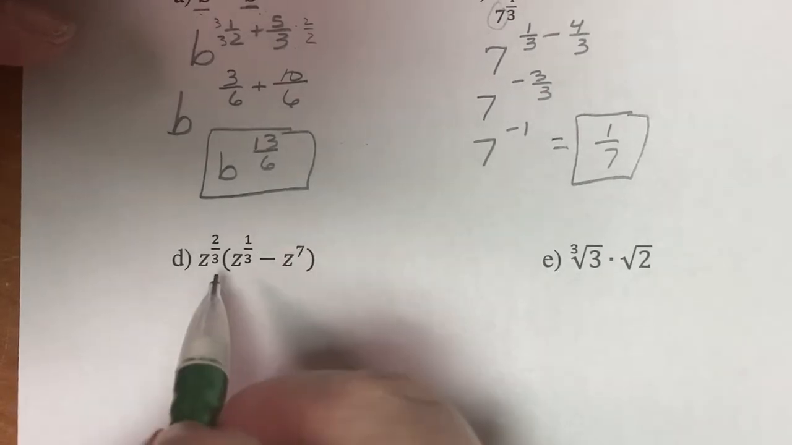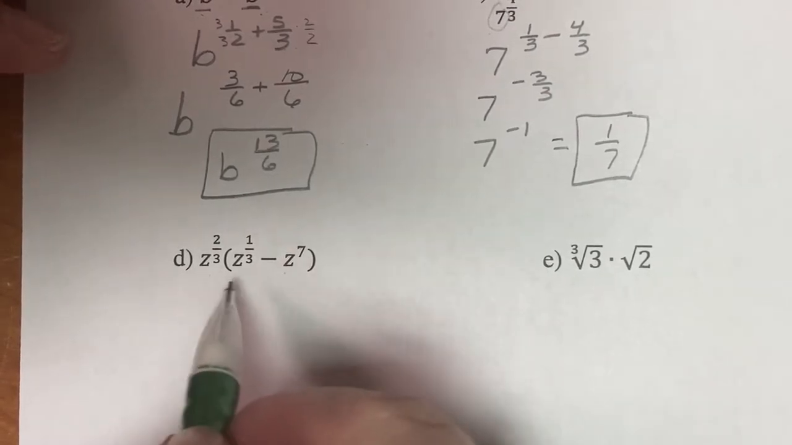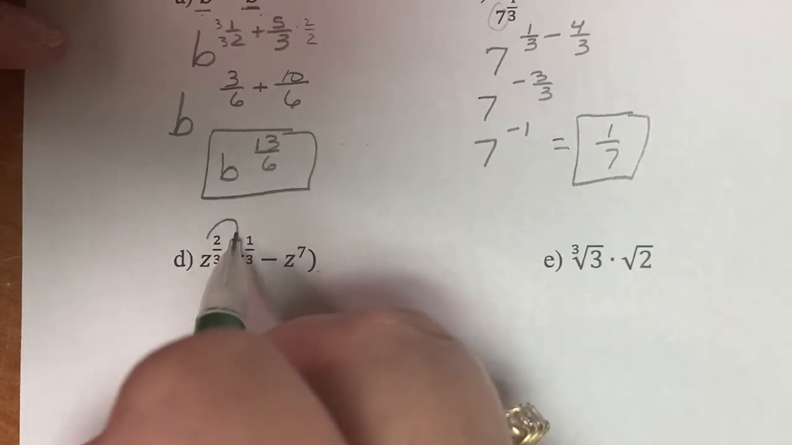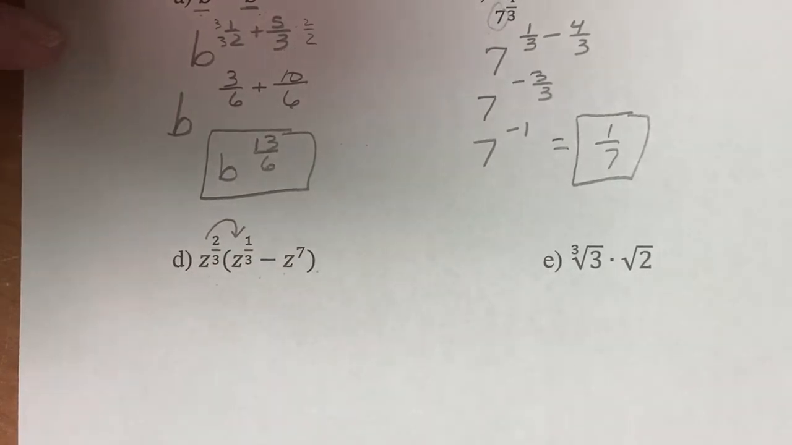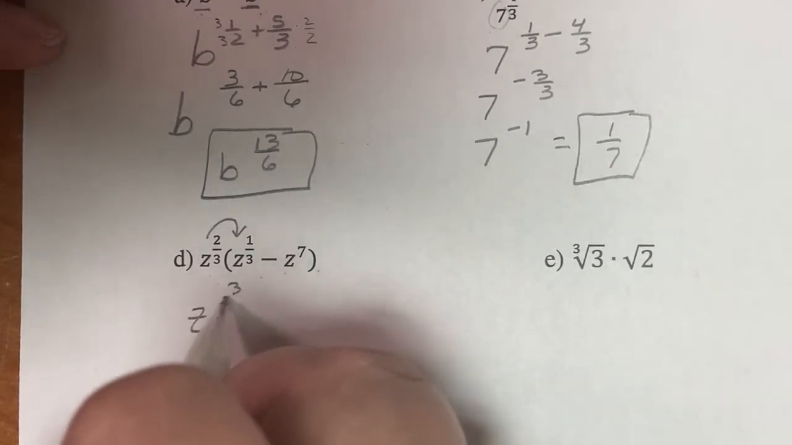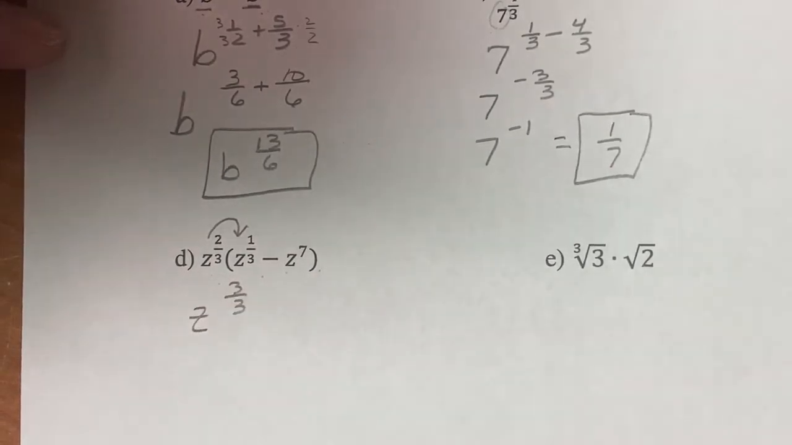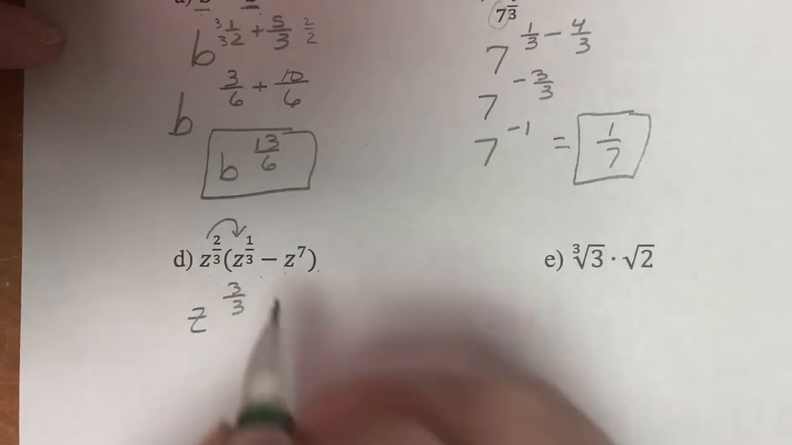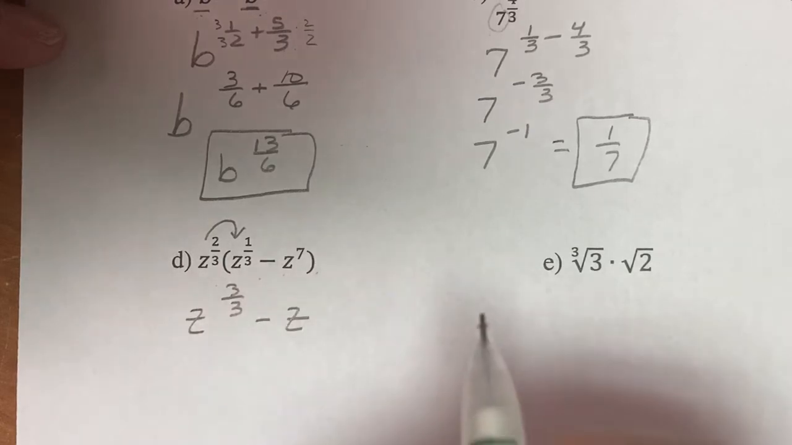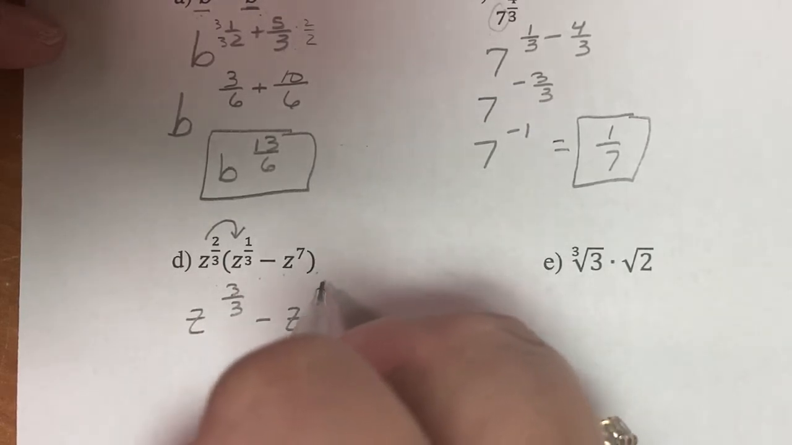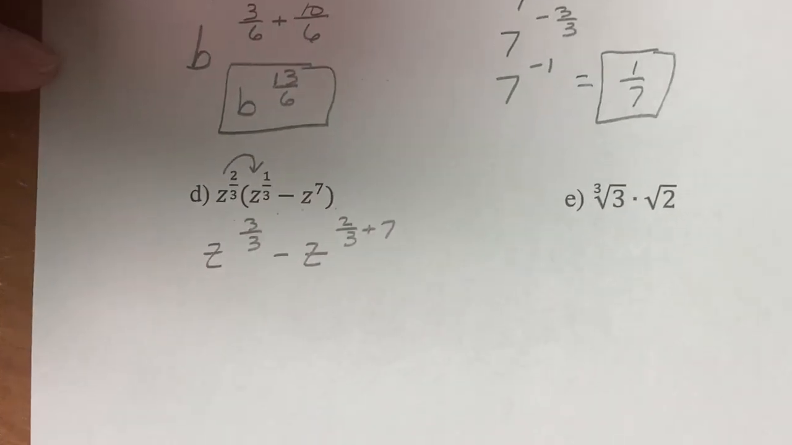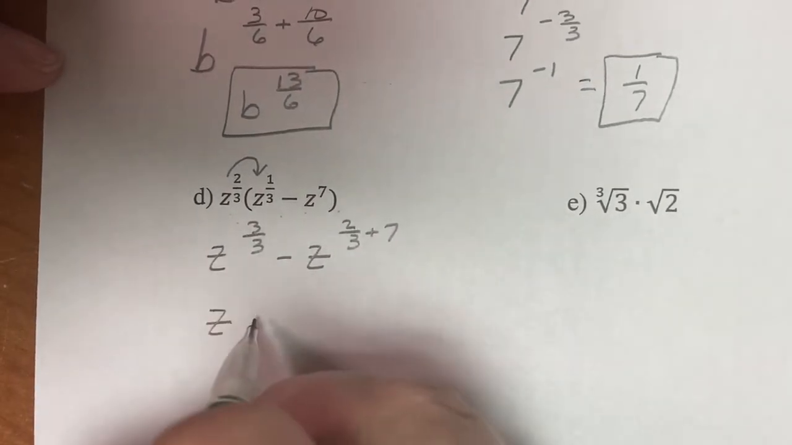Well, look at D here. Hopefully you recognize this is a distribution problem. So we're going to have to multiply z to the 2/3 times z to the 1/3. So that would be z to the 3/3 because I add the exponents, minus z to the, I need to add the exponents, so that's going to be 2/3 plus 7. So I'm just going to do some work here. So this would be z to the 1st